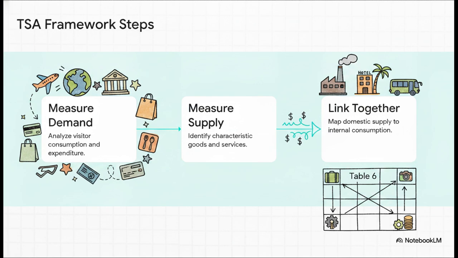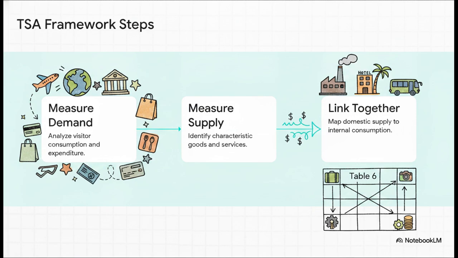That's everything a visitor consumes, from flights to heavily subsidized museum tickets. Second, you measure the supply, the output of domestic industries that specifically cater to those tourists. Finally, you link them together in what's known as Table 6, mapping exactly how much domestic production was driven purely